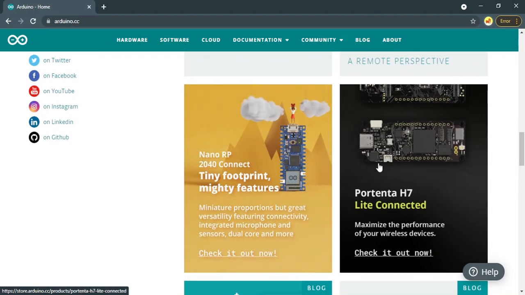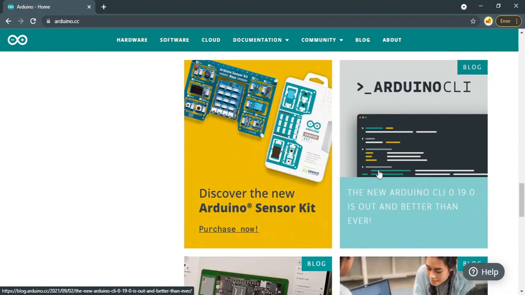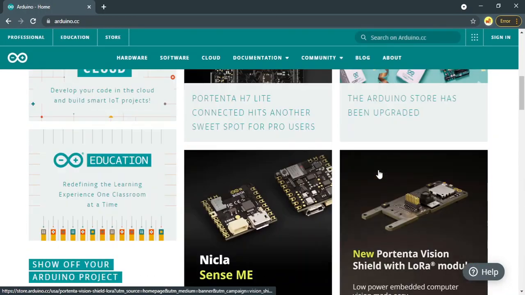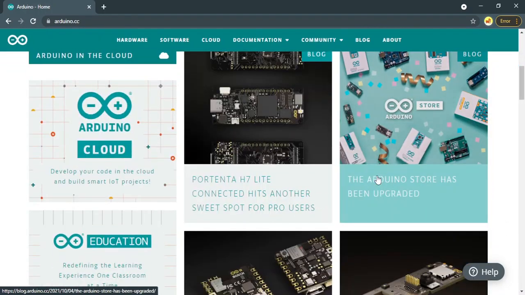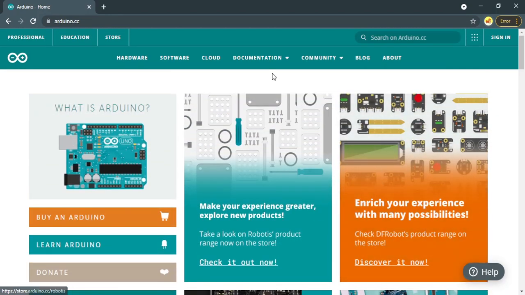The Arduino Nano, okay, and there are also other interesting projects here and kits that you can do. Okay, so we need to download the Arduino Integrated Development Environment so that we can program our Arduino. Okay, go to software,